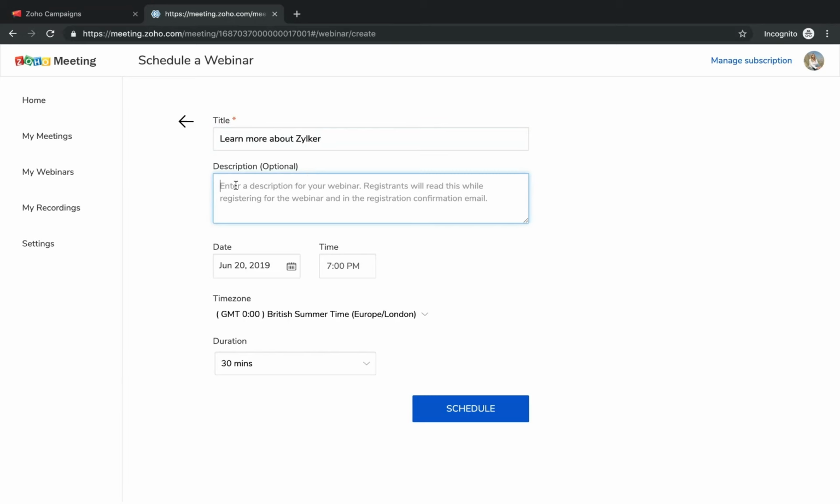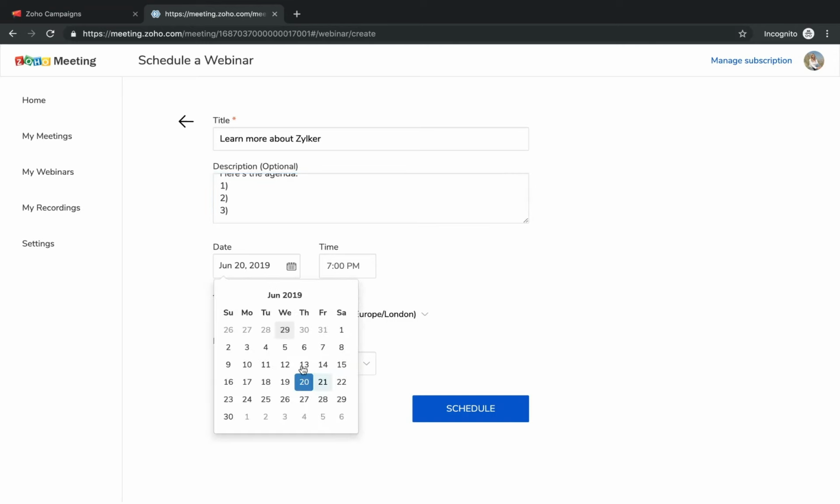So this will be the description, and you can also add the agenda here, so that it again helps the audience decide whether to attend or not. You can give the agenda here, and here you can schedule the date and the time.